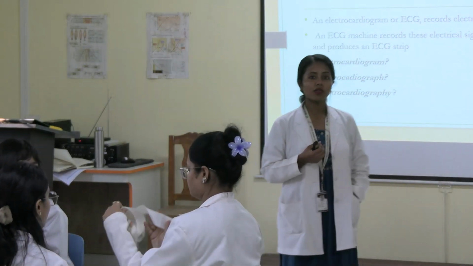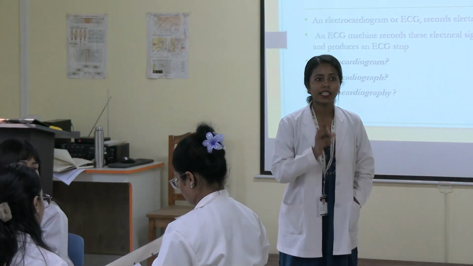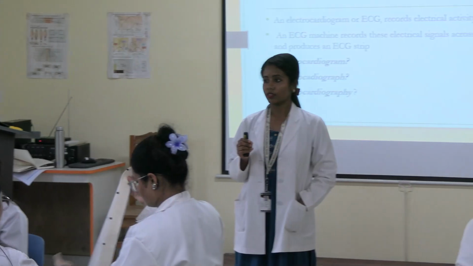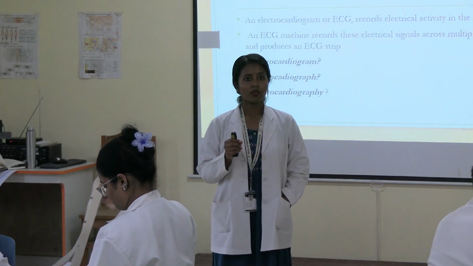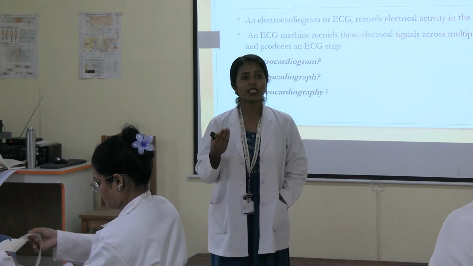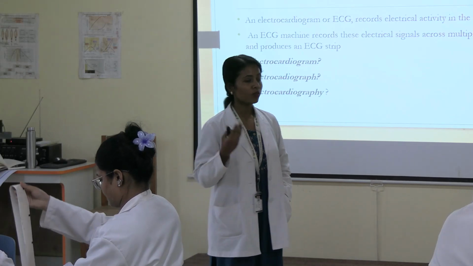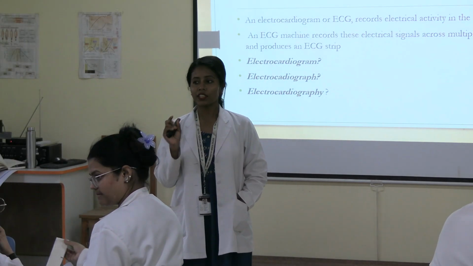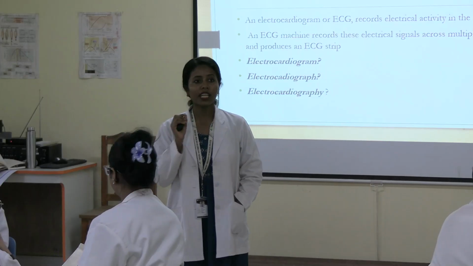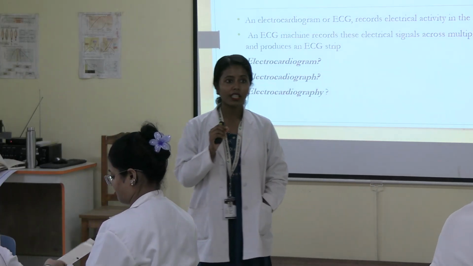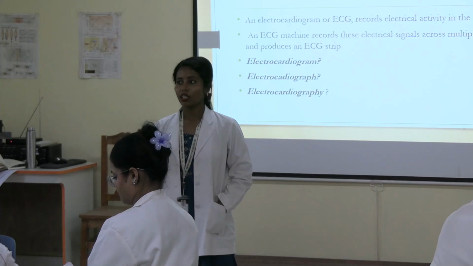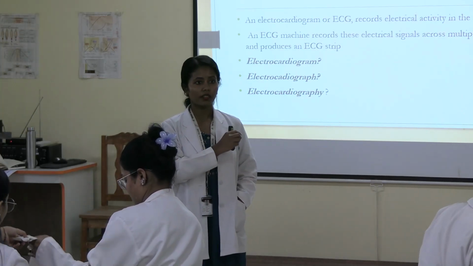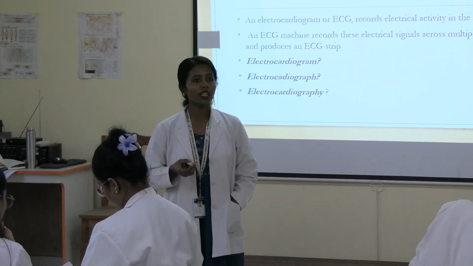The principle: how the leads are recording the electrical activity and how it is calculated in the graph. So what is the principle? Potential difference between cells. Our body has volume, right? So it is a volume conductor. When you put the electrodes on the surface, whatever electrical activity is happening in the heart can be taken up by your electrodes and recorded in the machine, right? So that is the principle of your ECG.